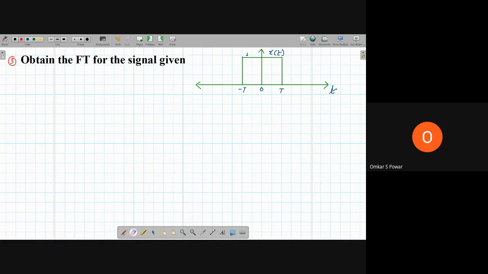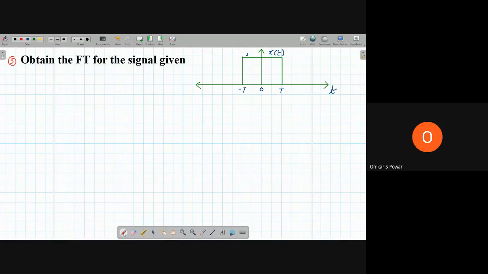So how does it look? Your sinc function will be like this. I'll draw that for you. Here it takes the maxima and it goes like this. So it is like a direct question to you. We will solve it step by step. But if anybody asks you what is the Fourier transform of a pulse, it is sinc function. I'll give some brief idea about this sinc function. Don't worry about that. So let us solve this problem.